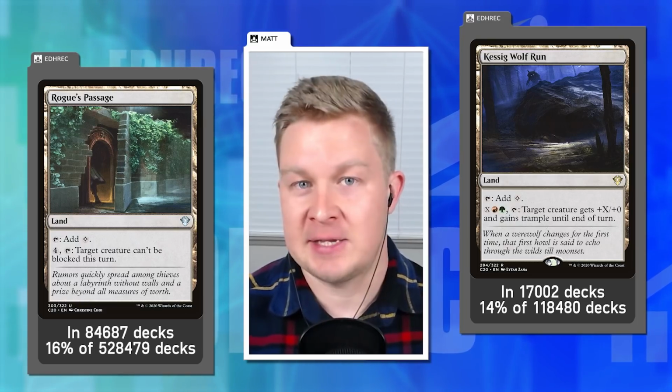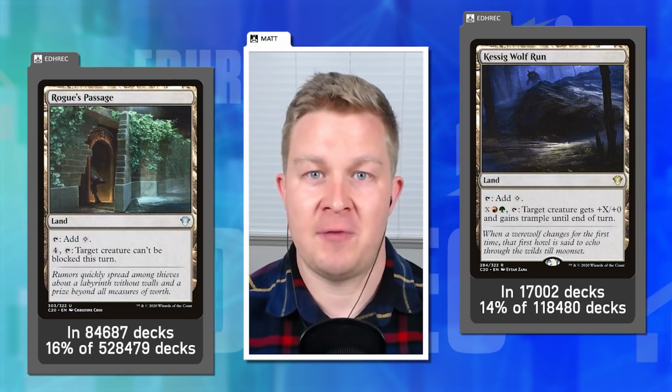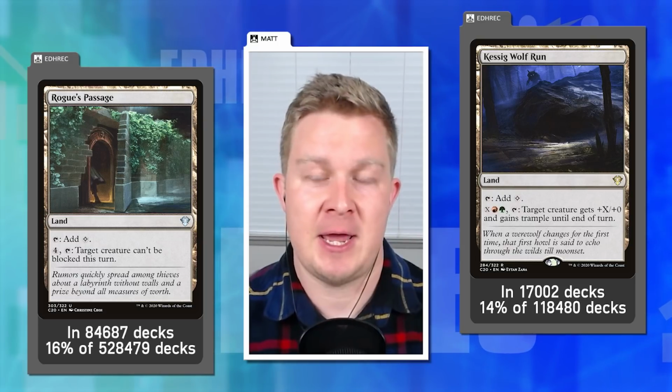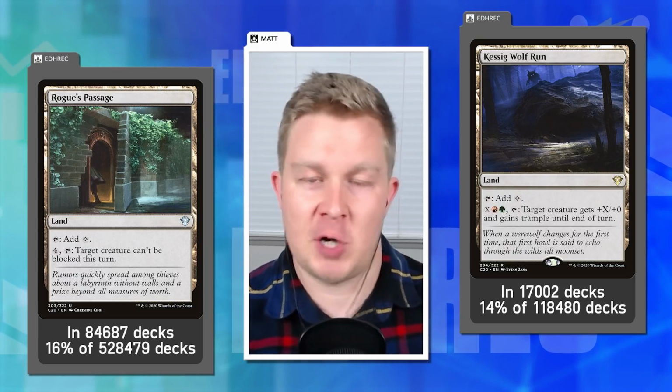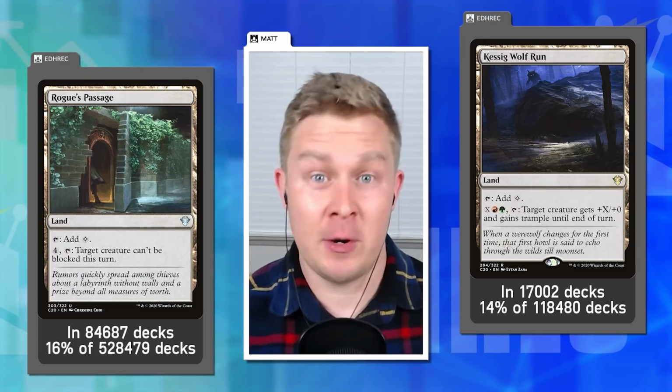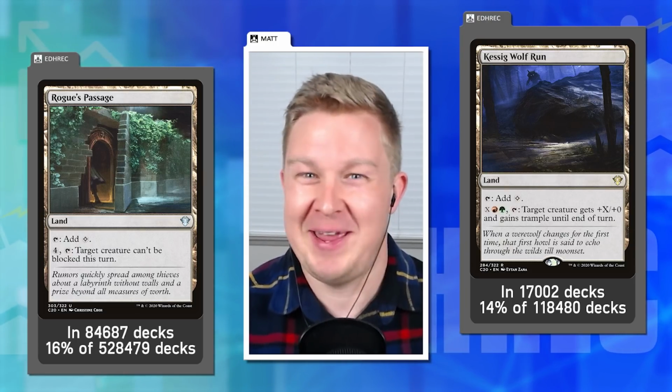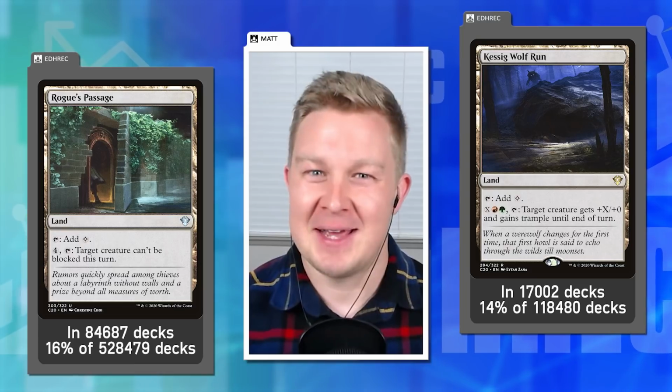I know that Dana has played this card a few times and then used this to give other players' creatures trample. So say Joey's attacking me, he gives Joey's creature trample, so it goes over my blockers. It's a political tool as well, which you don't really talk about in Gruul cards very often, but Kessig Wolfrun